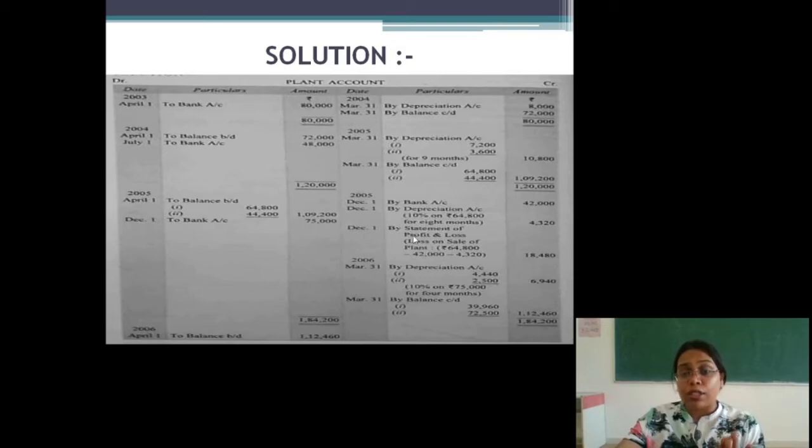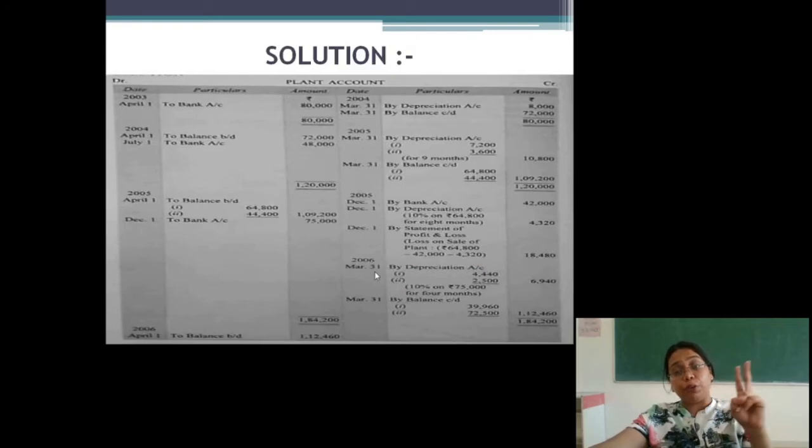Now last, we'll transfer the loss that we have incurred in this particular plant to the P&L account, statement of profit and loss account. So loss on sale of the plant will be 64,800 minus 42,000 minus 4,320. We'll get 18,480. We'll transfer this amount to P&L account. Now we'll again purchase another machinery on December 1st 2005, that is to bank account we have purchased the machinery of